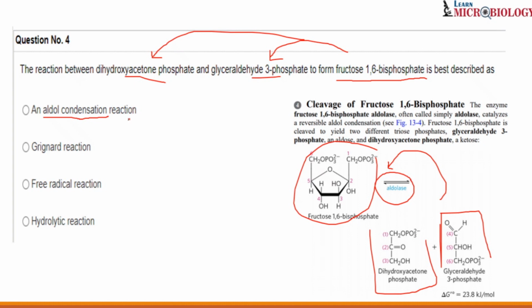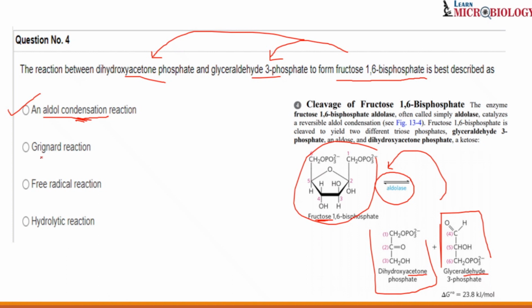Correct? Now, aldol condensation is a condensation reaction, so we can easily find out from this, because in aldol condensation, a molecule which is an aldehyde or ketone will combine to form a molecule having a carbonyl group. Yes or no? Here we have acetone, that is a keto group, here we have an aldehyde group, and here we have fructose, which will have carbonyl, C double bond O, correct? So this will definitely be an aldol condensation reaction.